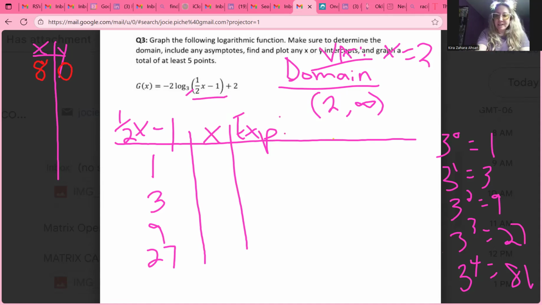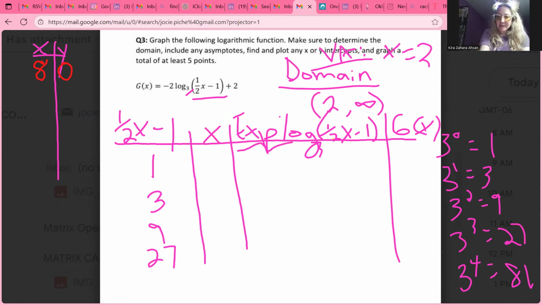Here's where you're going to plug in the actual exponents. So we've got log 3 of 1/2 x minus 1, and then g of x. The exponent here is going to be, so we have the answer is 1, the exponent is going to be 0. So 3 to the 0 power equals